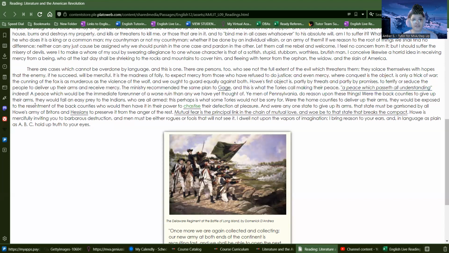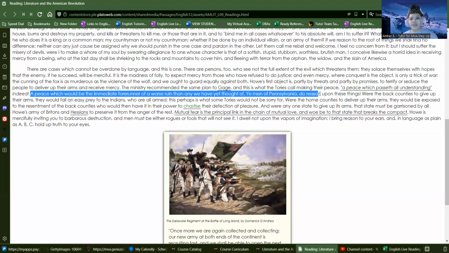So a peace which would be the immediate forerunner to a worse ruin than any we have yet thought of. So yeah, you give up your weapons first, and then what happens next, right? So it's not actually peace. It's just a trick. Ye men of Pennsylvania, do reason upon these things. So he's saying that Pennsylvania is where that particular army has passed through. So think about these things a bit harder